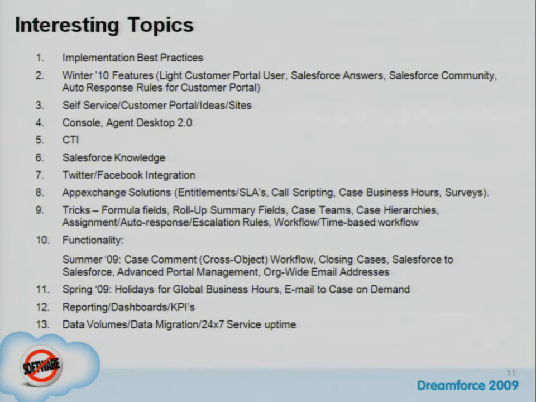On a different topic, as far as case record types is concerned, we've moved towards having our support department support multiple different groups within the company. So we created case record types to delineate between them. The challenge I've had is that we have only one ability to configure a case comment notification and a case close notification. Is there any plan to put that in by record type so I can change what I'm saying to people based upon record type?